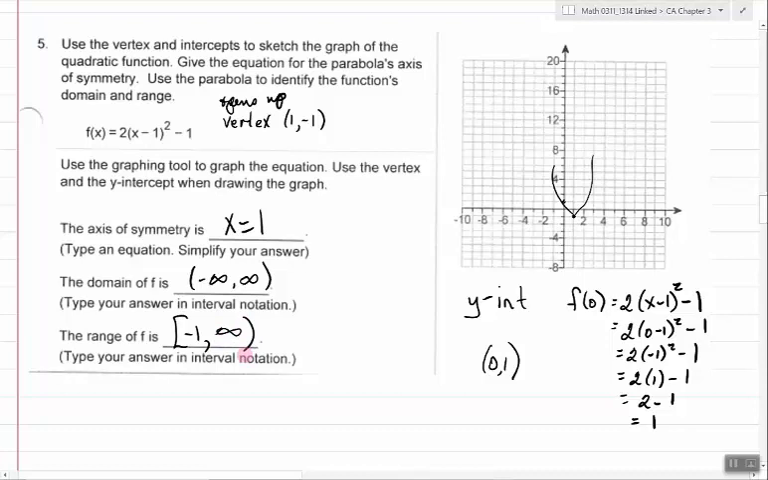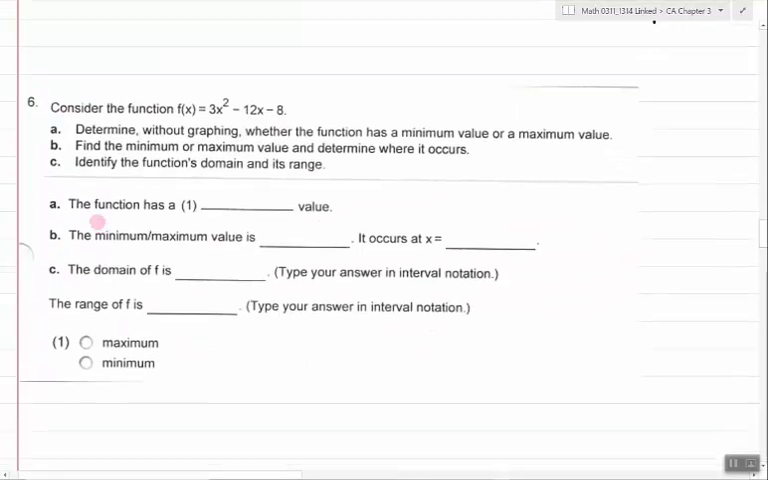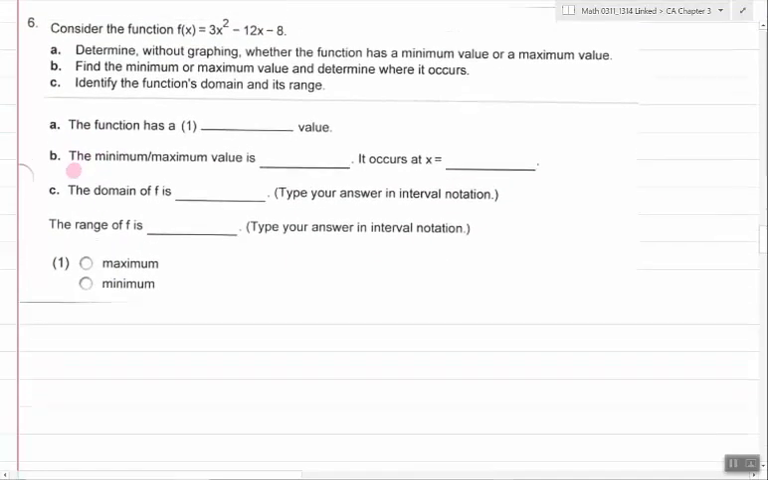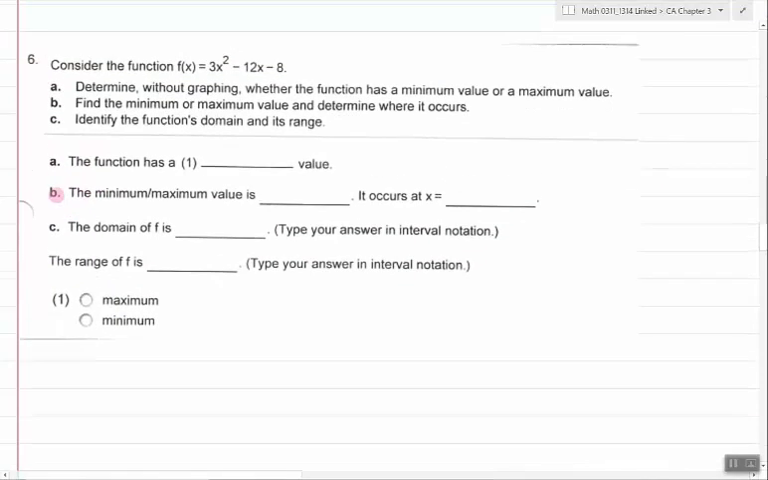You can use your grapher all you want, but when it comes to doing a physical graph, whether it be in my math lab on a piece of paper, you can't just draw a sketch. You have to have some valid points. All right, now number 6,